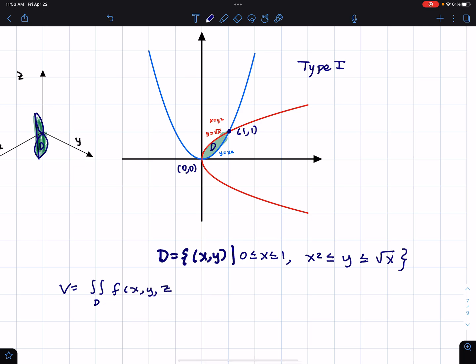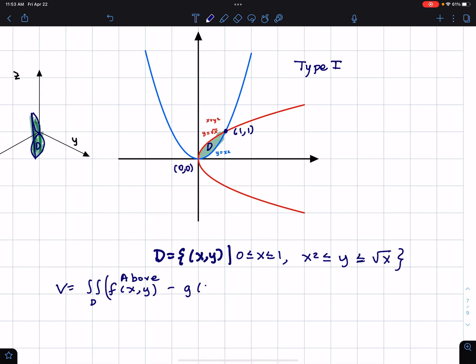This is not a general formula for volume. A more general formula would be that you have a function that describes a surface that's above, and then you subtract a function that describes a surface that's below. So in this case, f would be like the ceiling or the roof of your house, and g would be the floor. But for our problem, the floor is just